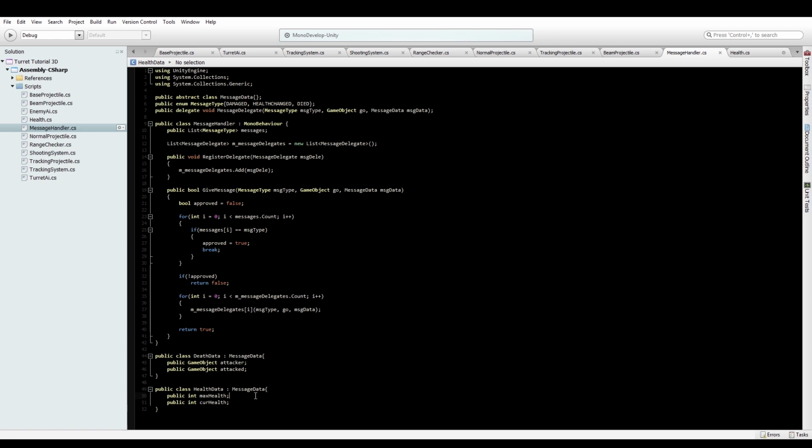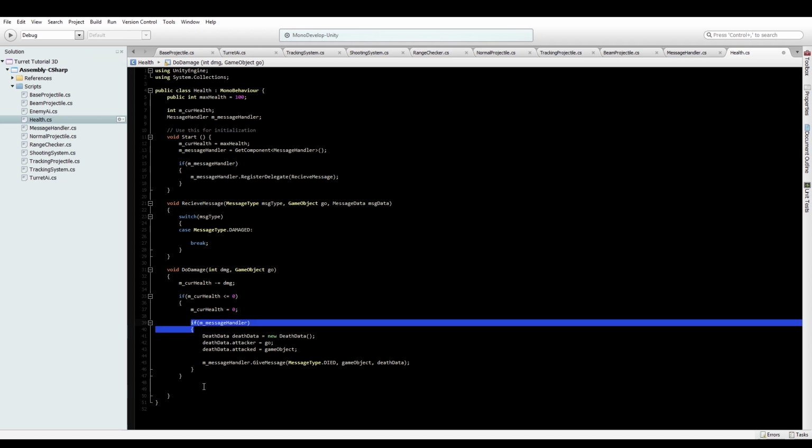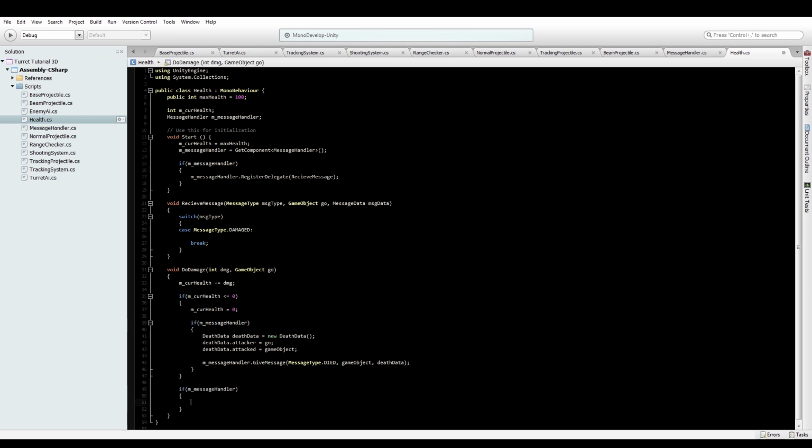Now, obviously you can expand how much data these things have later on. Say you wanted to say how much damage was done, then you could add that to this. So you can say how much the health changed by. But that's all we need for now. So yeah, hold the health data in there. So now I'm going to go into, no, I'm not going to copy that, spoilers. I will take this part though. Then health data,